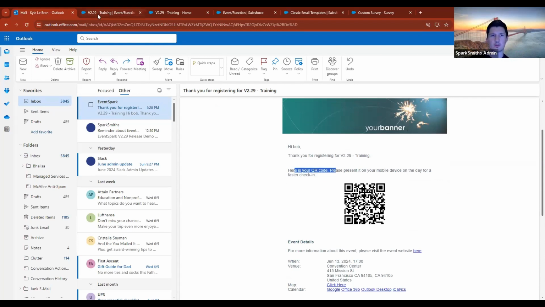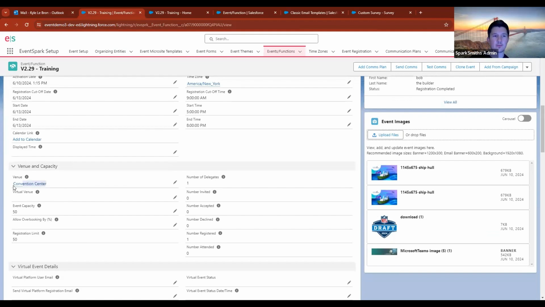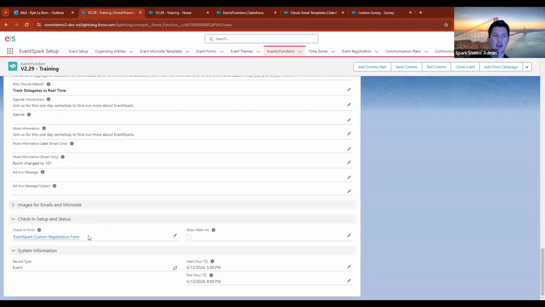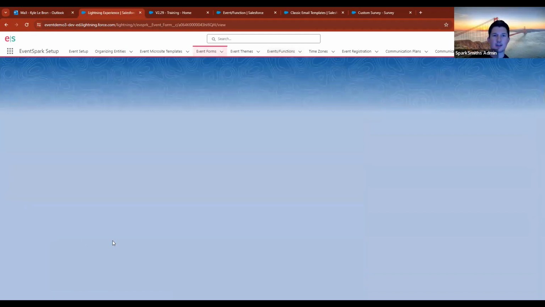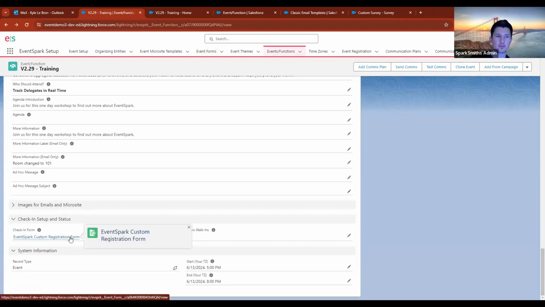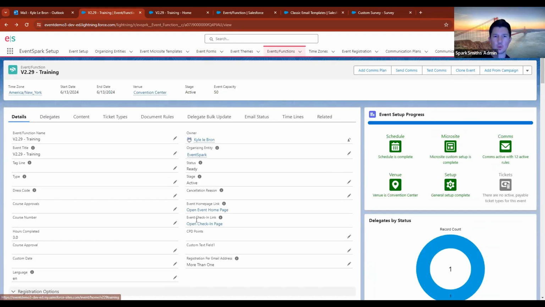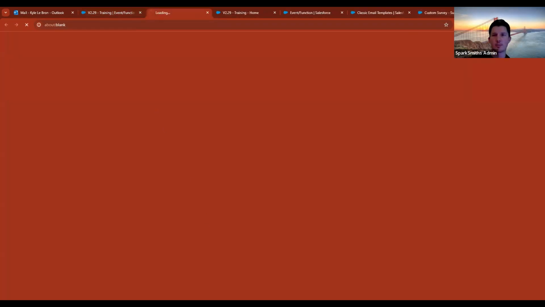How do you generate that QR code? Cool. It's pretty simple. The first thing you need to know is your event has to have a physical venue. Second thing is you do need to have a check-in form. And on that check-in form, you do need to have scan QR code enabled. So this will not work if you do not have scan QR code enabled. When you have scan QR code enabled and you've got a physical venue, on your actual check-in, which is this link, by the way, for those of you who have never used this, when I actually open that up,